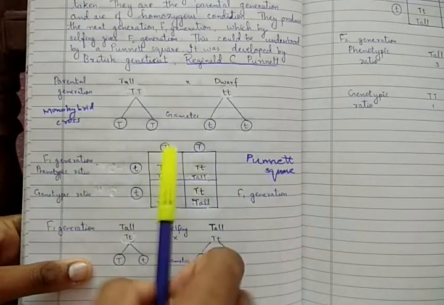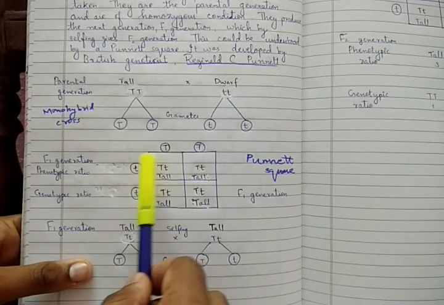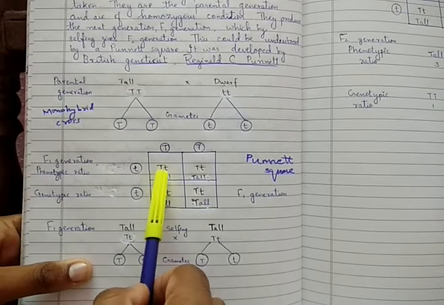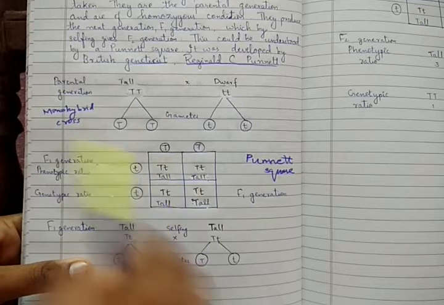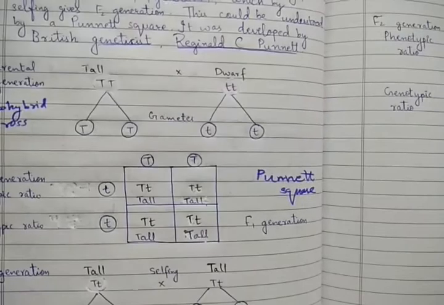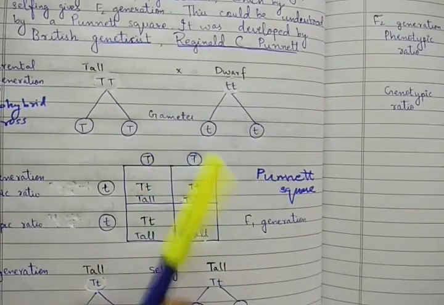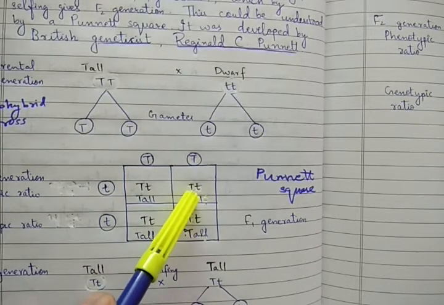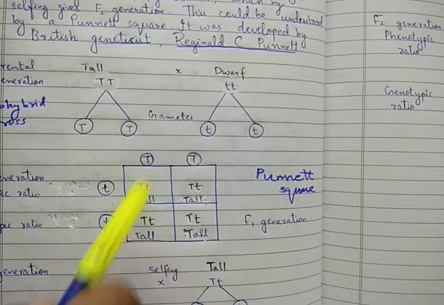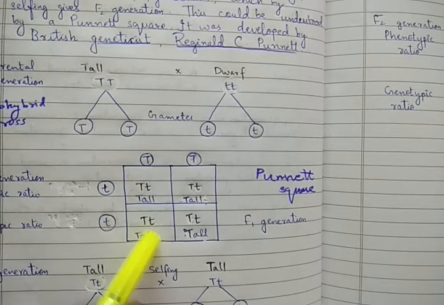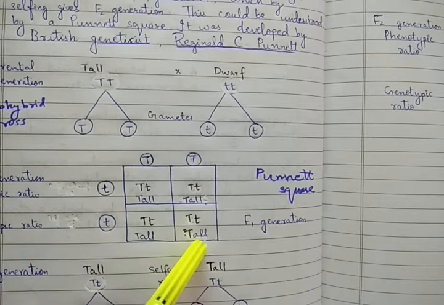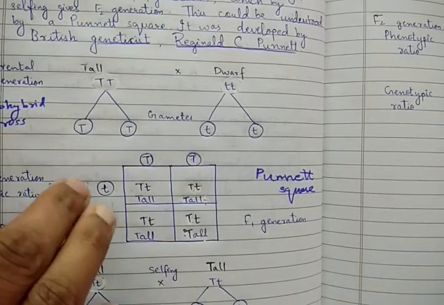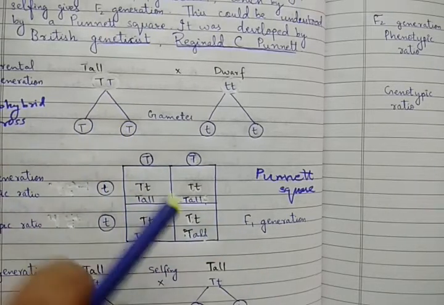Now we will write each of the characters together. Capital T, small t, what is it? Tall character. Which condition? Heterozygous, right? I'll just focus it so that you can see it clearly. Okay, capital T, small t. What will be the next generation? Capital T, small t, tall. Similarly, capital T, small t, tall. Capital T, small t, here tall. So we can say the F1 generation, that is upward from the parental generation, is completely tall, but of heterozygous condition.